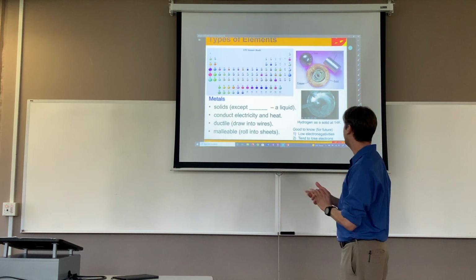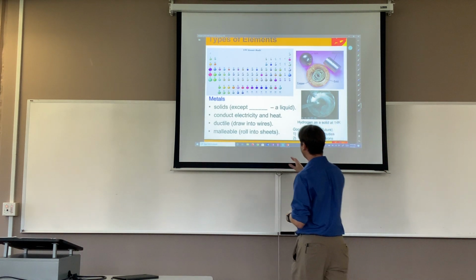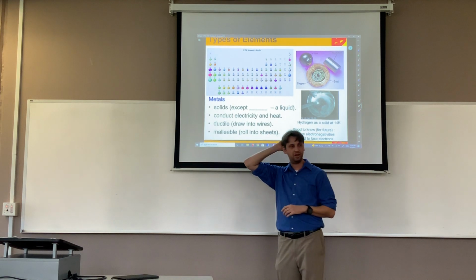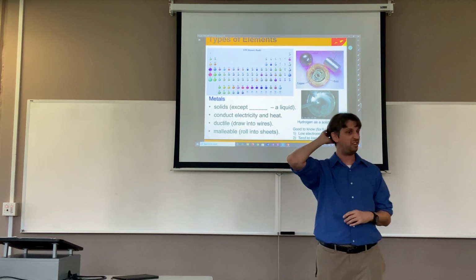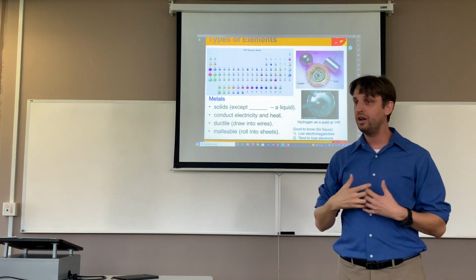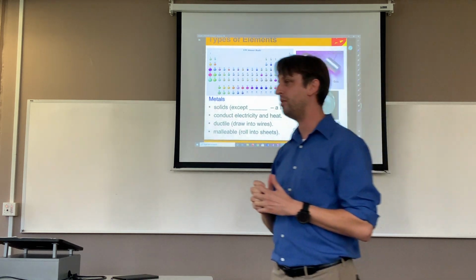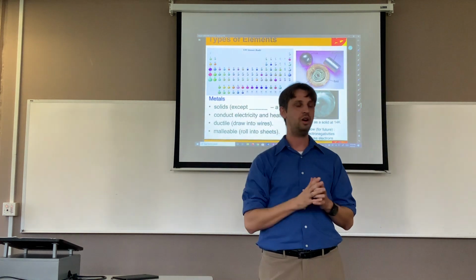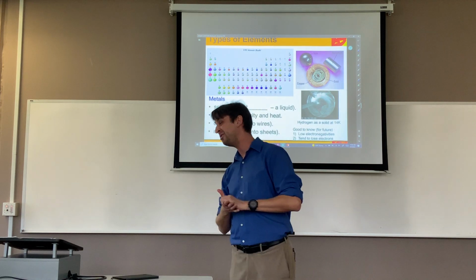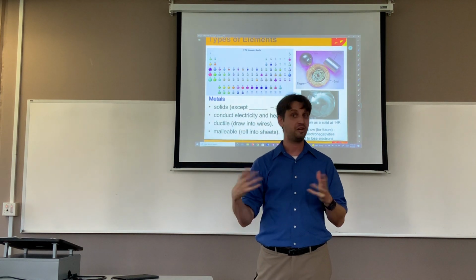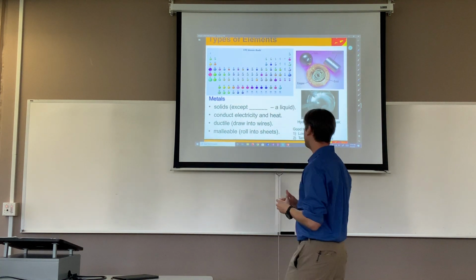But that is our only liquid metal. Okay, pretty much everything else is a solid. There's one other liquid at room temperature in the periodic table, which I think we'll talk about in just a minute. Okay, but only two of the elements happen to be liquids. The others are either gases or solids. So the liquid thing is pretty rare.